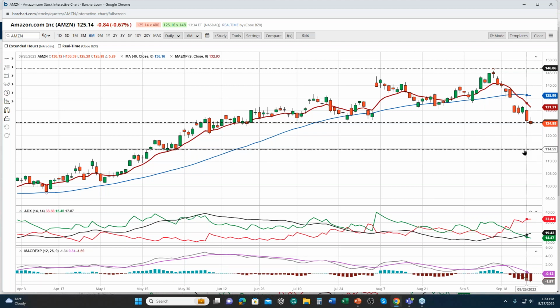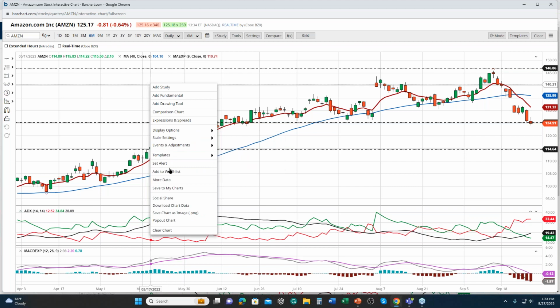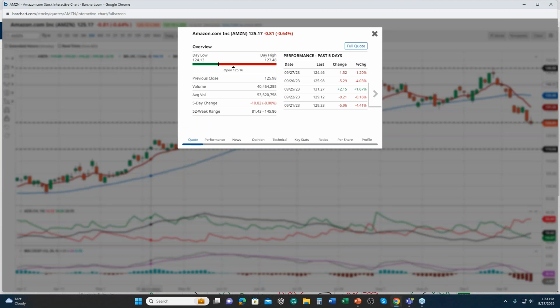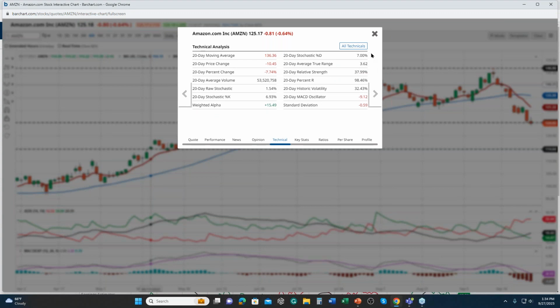Now, in terms of ATR, or average true range, what we can do is use this in terms of where I think price is going to move today or over the next few days, helping me determine risk or probability. One of the ways we can find that ATR is I can right click on my chart, and here it says more data. Now, if you're just on a regular interactive chart, you can go under the technical analysis page. But you can see that the ATR for the 20-day is